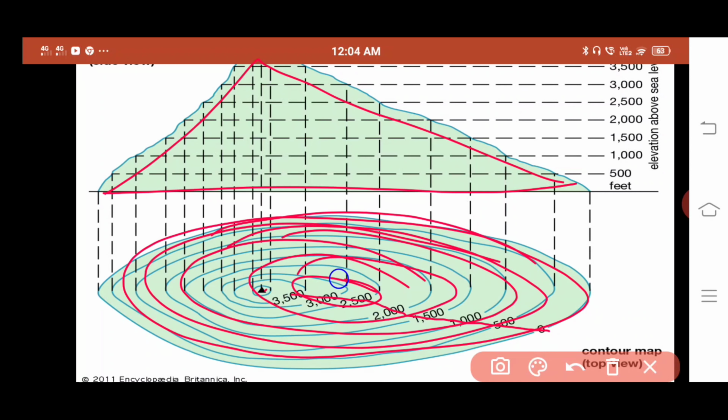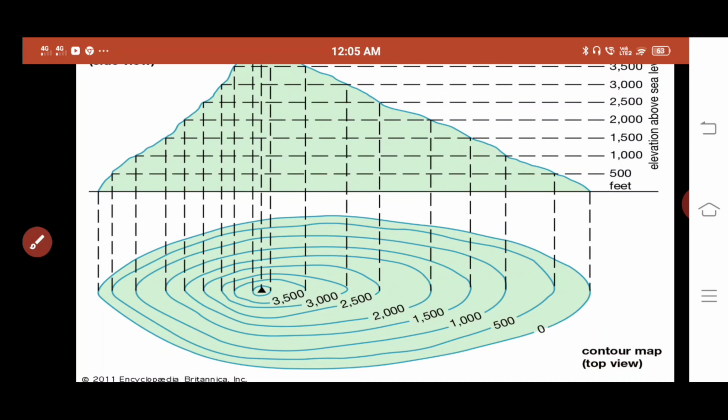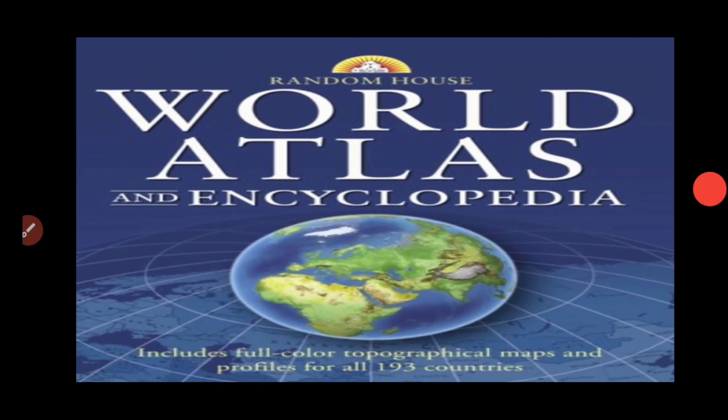Understood, my dear? It is very easy to indicate this type of relief feature on the map by using contour lines. I hope you understood very clearly, right? And also, contour lines give an indication of the slope of the land as well as the elevation above sea level. So it is showing the indication of slope, how much slope it is.